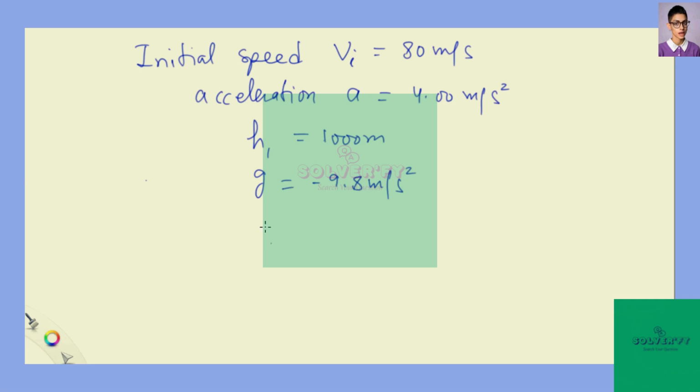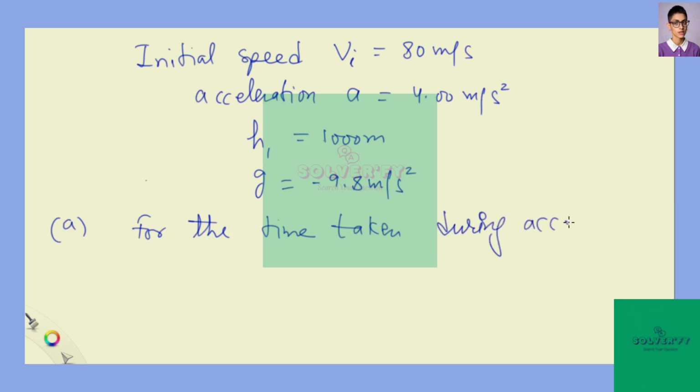So now, in the first part of the problem, we have to find the total time taken by the rocket in this upward motion above the ground. For this, first of all, we will find the time taken during accelerated motion. So, for the time taken during accelerated motion, we will use the third equation of motion,